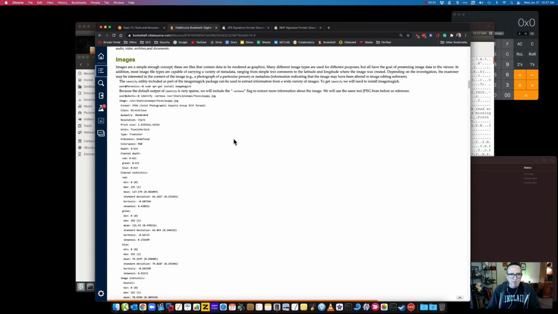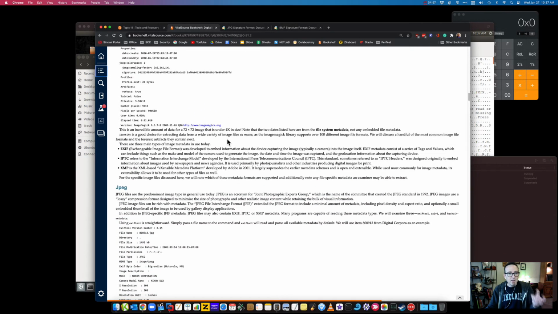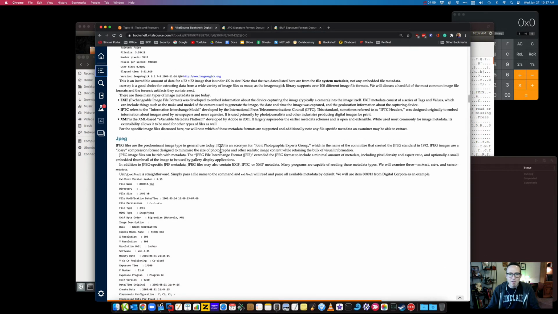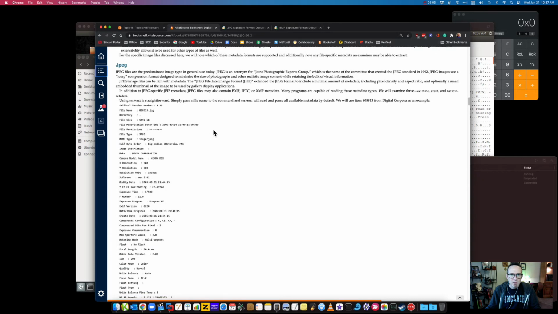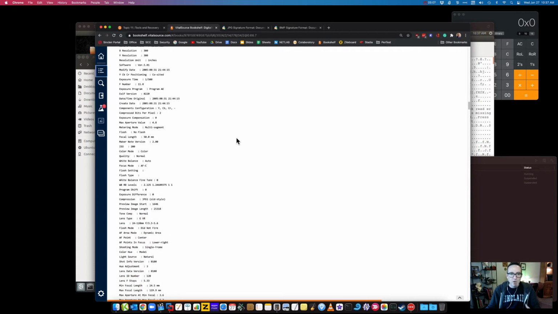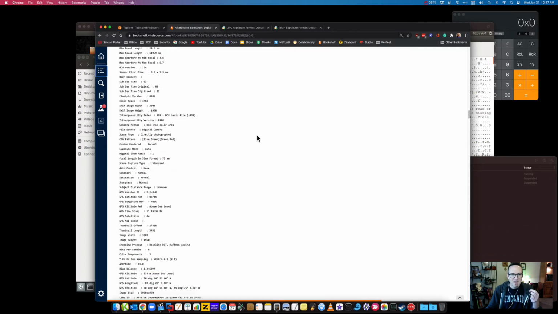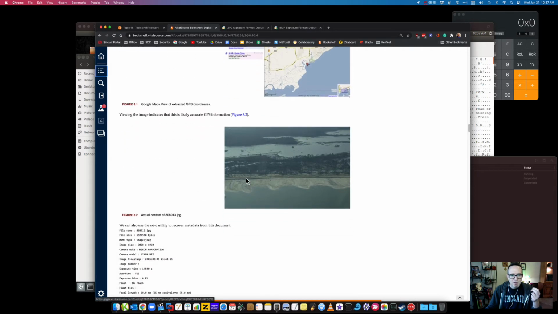But definitely look at this. There's a lot of information about images here. There are identifiers and tools you can use to extract data from your images, like the EXIF data extraction tool I demoed in a previous video. JPEG definitely is known to hold information about when the picture was taken, date and time, GPS coordinates, things like that. So as you can see, a lot of information is packed into these images,